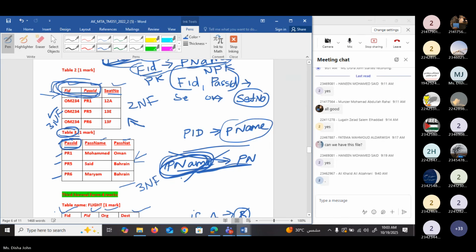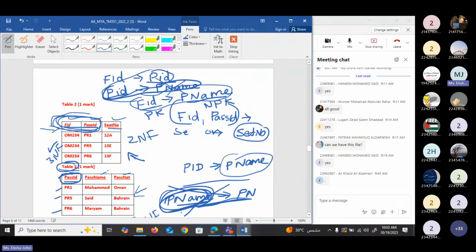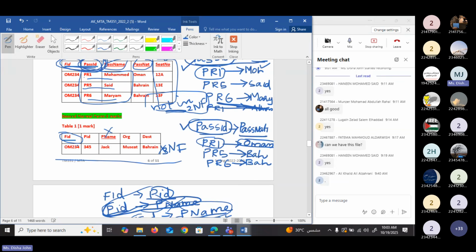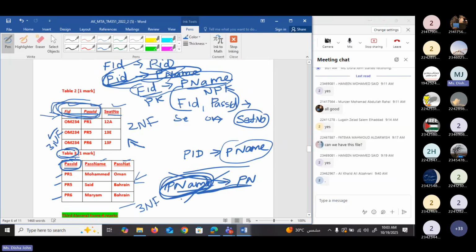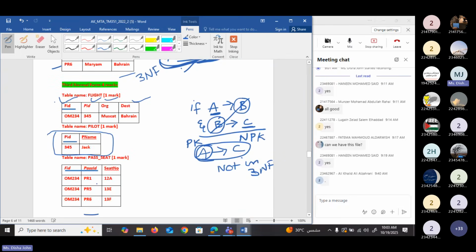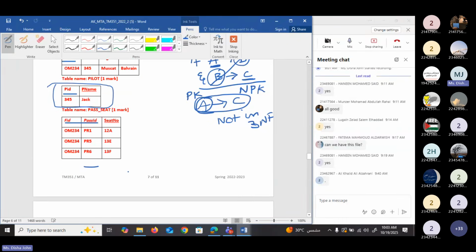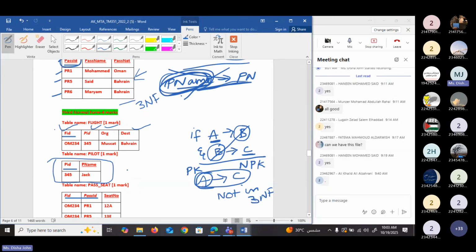Clear? Yes. So here what we did, the first table we divided into two tables, and the other two tables will remain as they are. That means here we have two tables and the two other tables. So there are four tables in the third normal form.